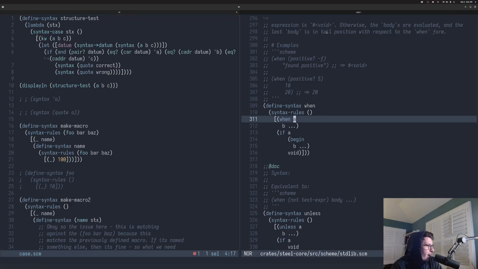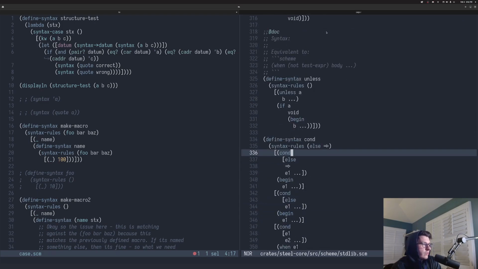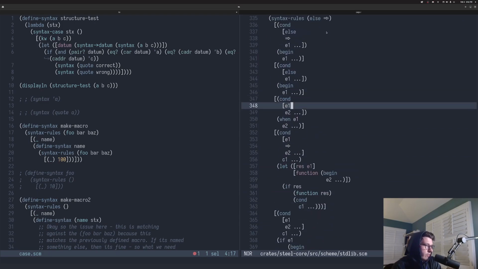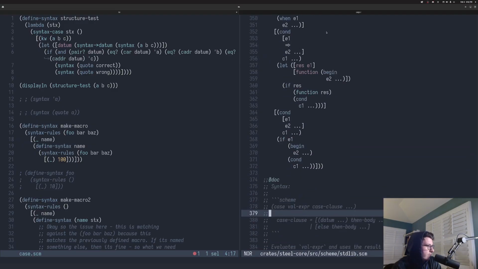If you're living in these macros, you can do a lot of really sophisticated things purely based off of the ellipses. So if you do b dot dot dot, that binds to either one or many. I don't remember if it's one or many or the rest. So this binds to a list of things that is all of the remaining arguments. And then if you use it, it flattens it. It expands it. So then (begin b ...) is just a flat begin list. It's not nested. This would sort of get appended there. Similarly, you can implement cond this way, and there are all these varying cases of cond, et cetera,